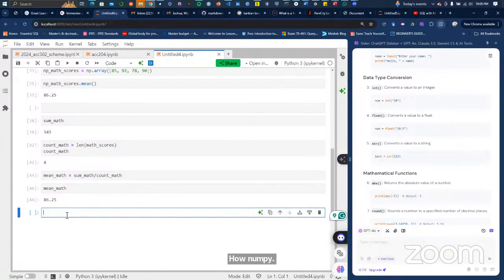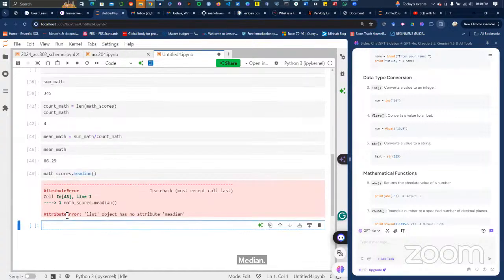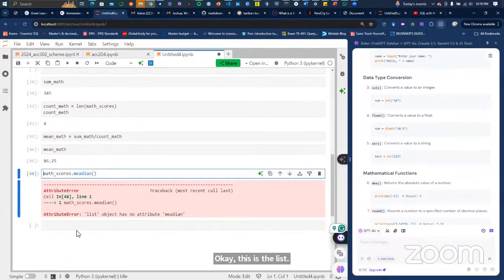So now let's see. If I do math underscore scores dot median, will it work? Okay, this is the list. So let me do it on the NumPy array. So np underscore the same thing.